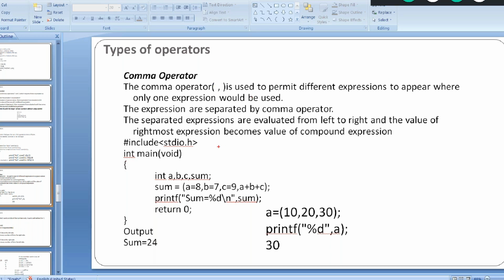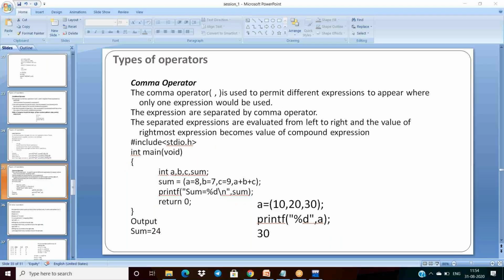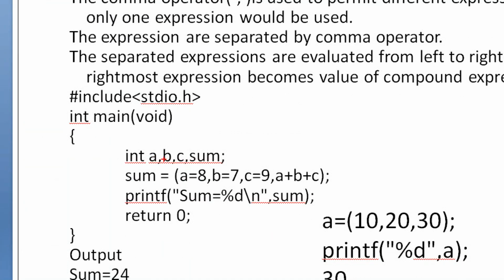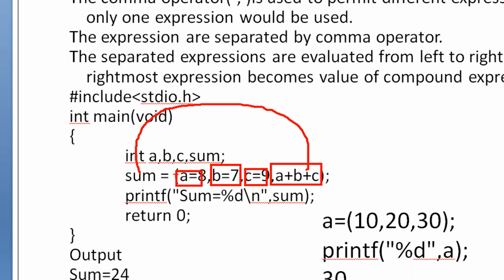Basically, I'm taking an example: int a, b, c, sum. Now a equal to 8, b equal to 7, c equal to 9. It is initialized, and now a plus b plus c means what? Now whatever is the last, rightmost value is assigned. So a is 8, 8 plus 7 is 15, 15 plus 9 is 24. 24 is assigned to sum.